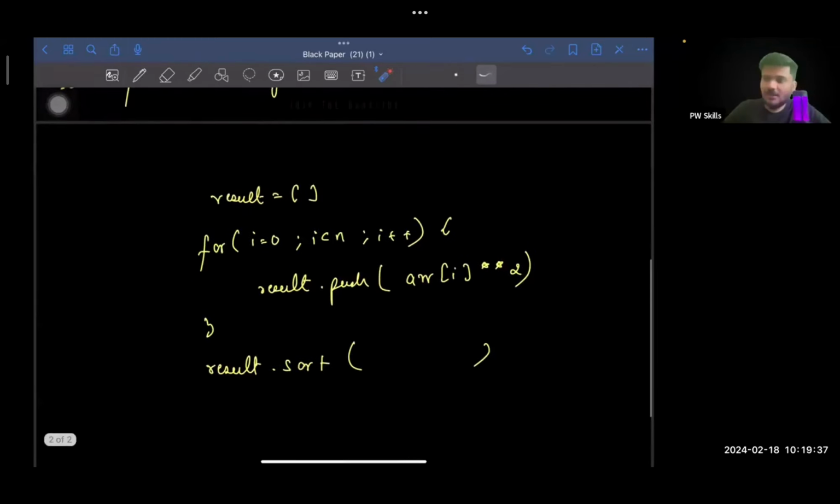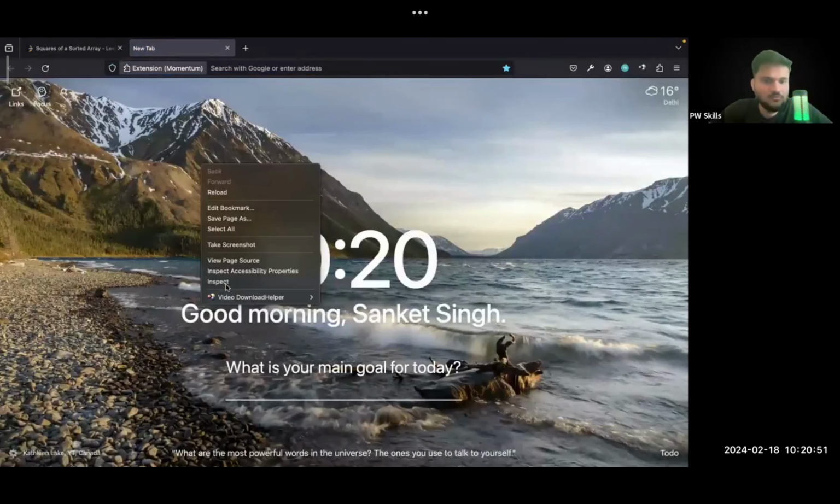Okay, and then what we are going to do is we'll say result dot push nums at i square. Okay, so there's an exponent operator in JavaScript. We can use that. And then we can call result dot sort. Now in JavaScript, the sort function takes a callback, right? If you do the sorting by default in JavaScript, it will not sort in the required order. For example, if I actually show you,